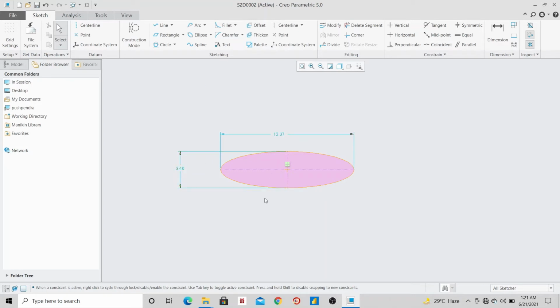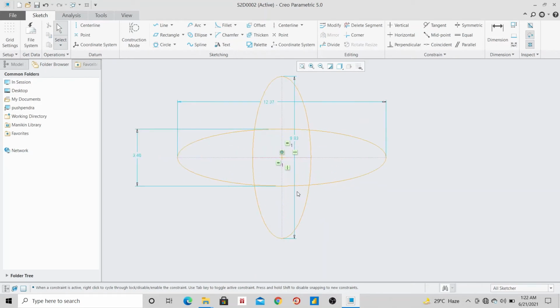But suppose you have to draw an ellipse from a defined center point. Suppose I want to draw an ellipse that should start from the center point. Then what I will select is center and axis ellipse. What it performs is it divides the reference line equally from that point, and your desired structure is designed.